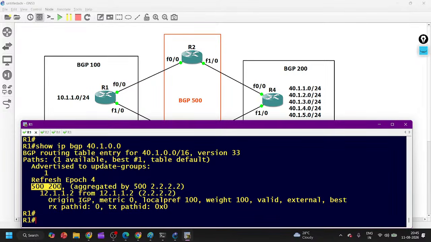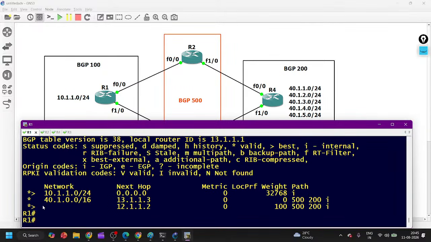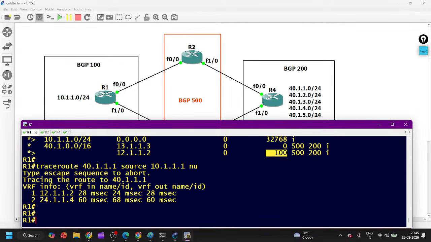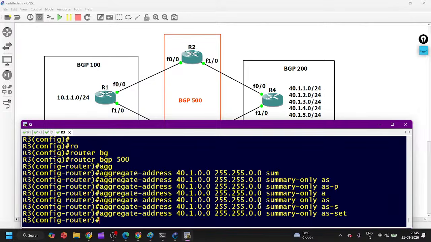Now go to R1 and show ip bgp. Now you can see the BGP table is summarized. Only the summary route is coming from both neighbors, and again router 1 started preferring R2 because of the weight attribute. Again, if you trace route, your traffic is going via router number 2. And if I remove as-set on R3, then R3 is going to advertise prefixes without AS,